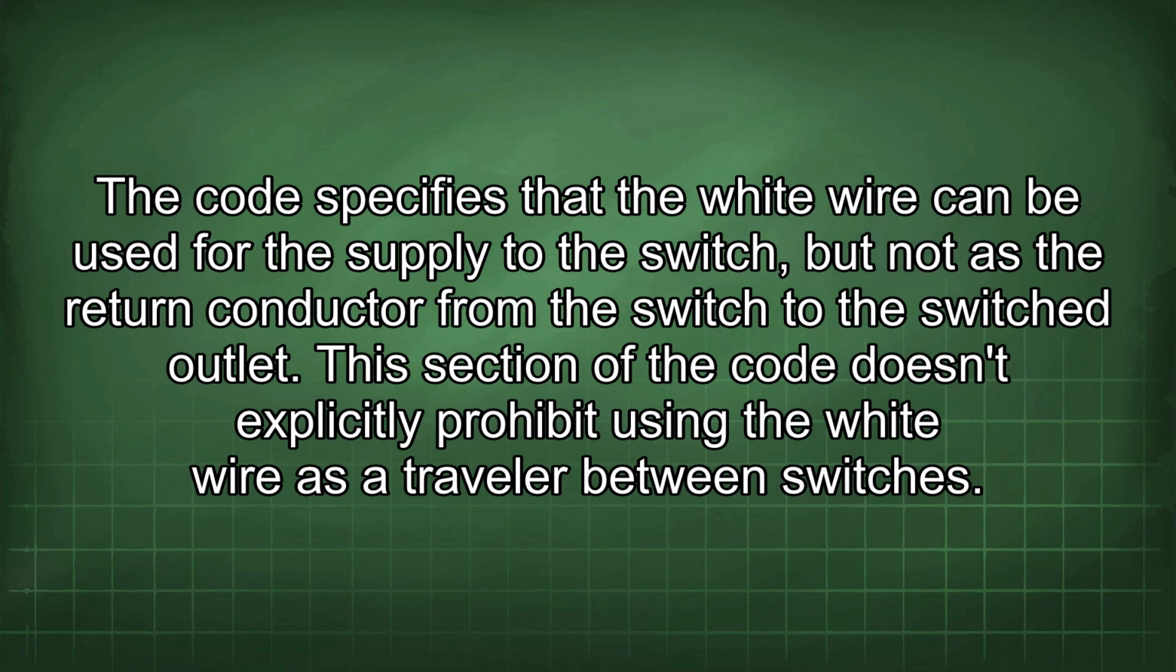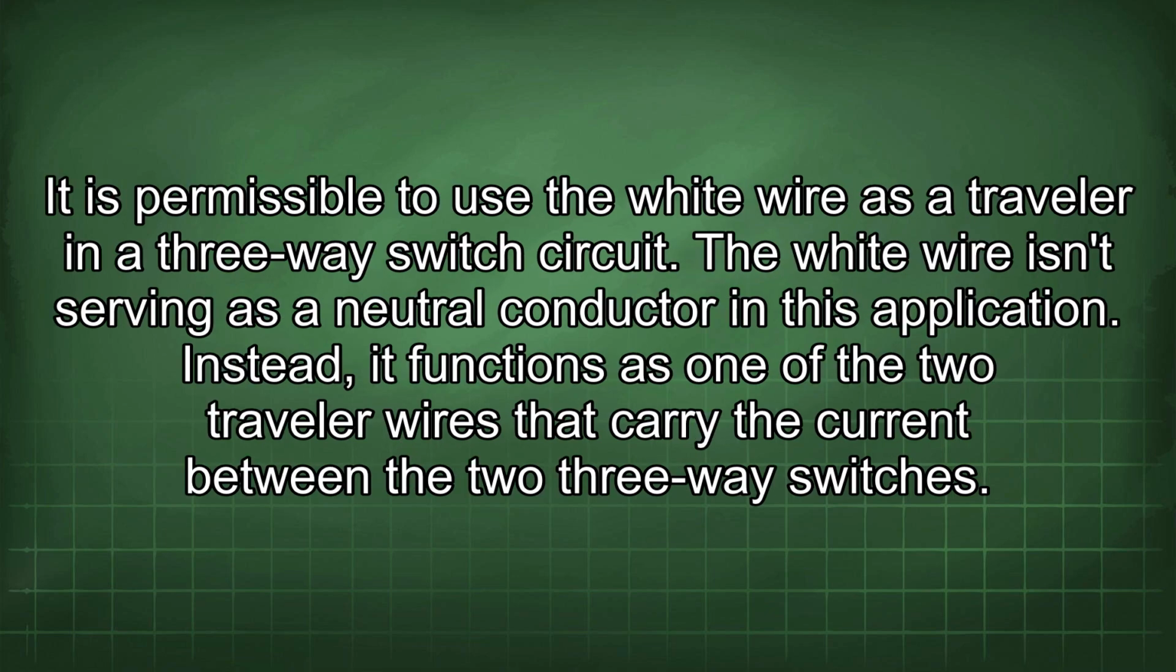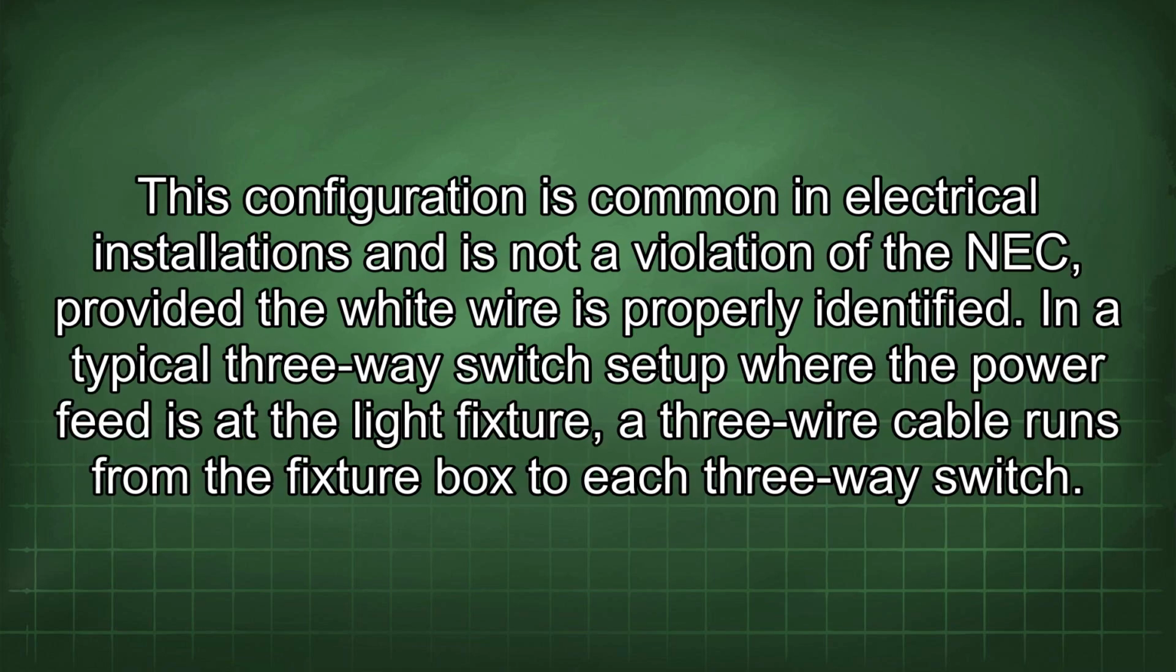This section of the code doesn't explicitly prohibit using the white wire as a traveler between switches. It is permissible to use the white wire as a traveler in a three-way switch circuit. The white wire isn't serving as a neutral conductor in this application. Instead, it functions as one of the two traveler wires that carry the current between the two three-way switches. This configuration is common in electrical installations and is not a violation of the NEC provided the white wire is